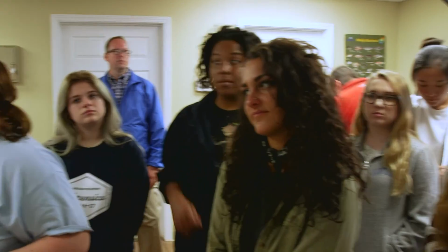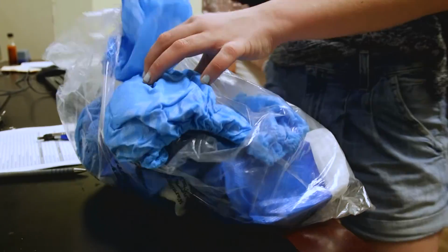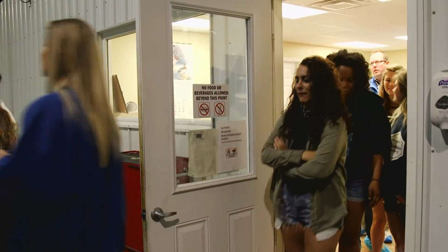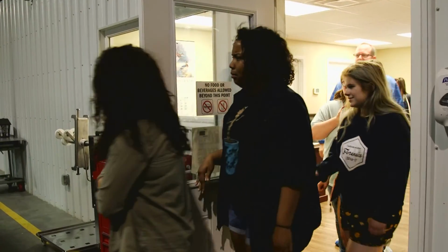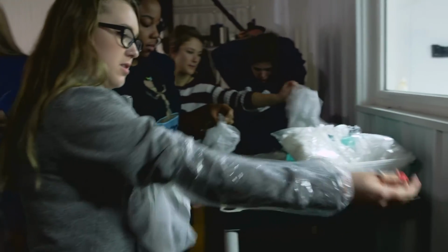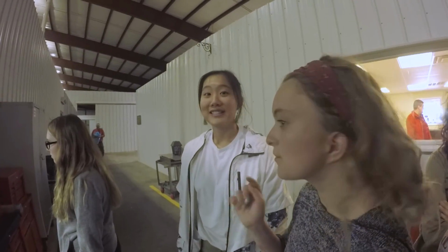It smells delicious in here. Now it's time for a tour of the processing plant. A hands-on, deep dive into what it takes to get the fish from the boat to the market. This tour is not for the squeamish. I have never actually gutted a fish before, and I'm doing it. You see that a lot in fish. This is Hannah's fish smell face, and that is Wendy's fish smell face. So is it one of your favorite